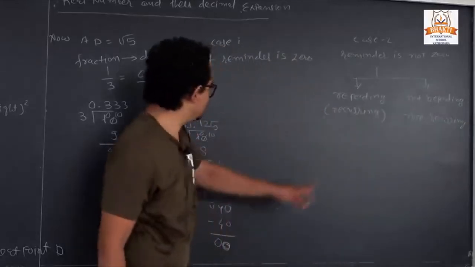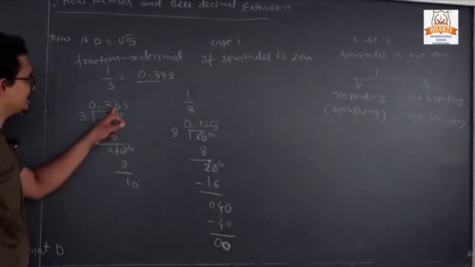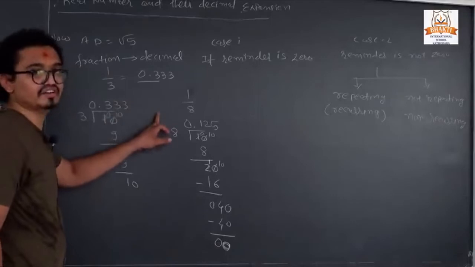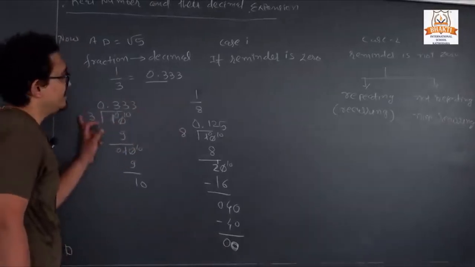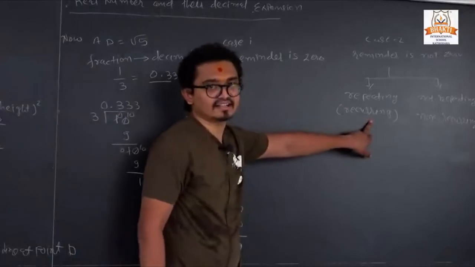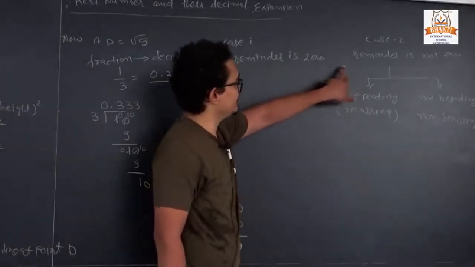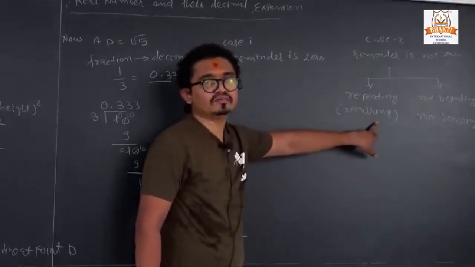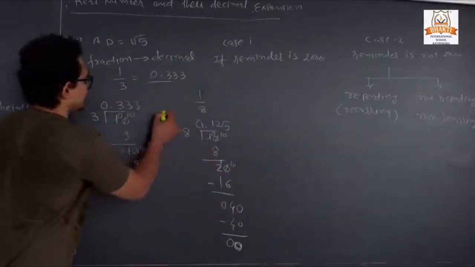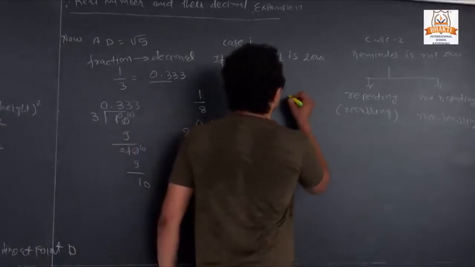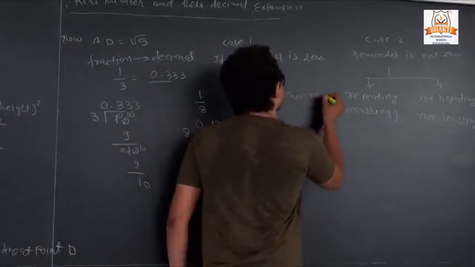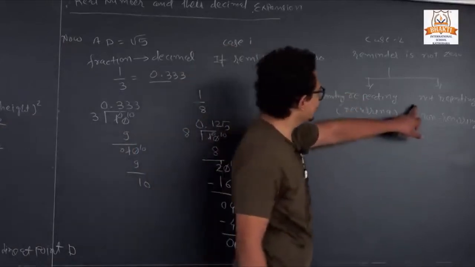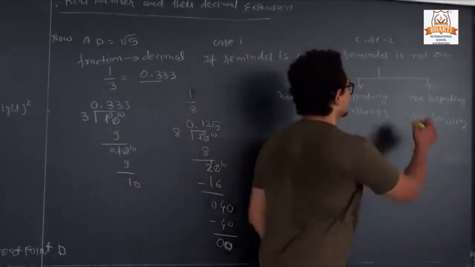So if the same digit is repeating, here see 2 3 3 3. In some cases like 1 2 3, then once again 1 2 3, once again 1 2 3. So this kind of example we are considering as recurring. We cannot get a remainder of 0 as well as some digits are repeated. So it is called non-terminating recurring, because it is not terminated. So here we can declare non-terminating recurring, and here it is non-terminating non-recurring.